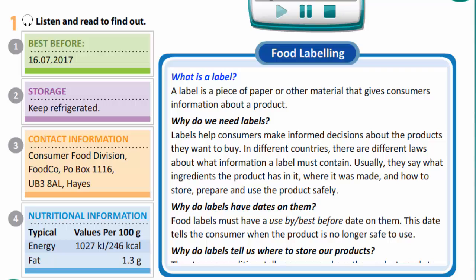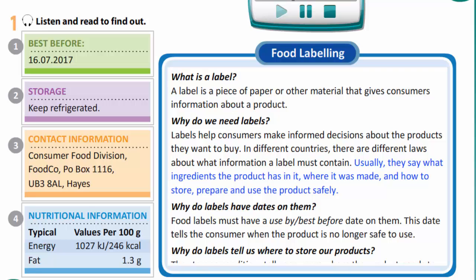What is a label? A label is a piece of paper or other material that gives consumers information about a product. Why do we need labels? Labels help consumers make informed decisions about the products they want to buy. In different countries, there are different laws about what information a label must contain. Usually, they say what ingredients the product has in it, where it was made, and how to store, prepare, and